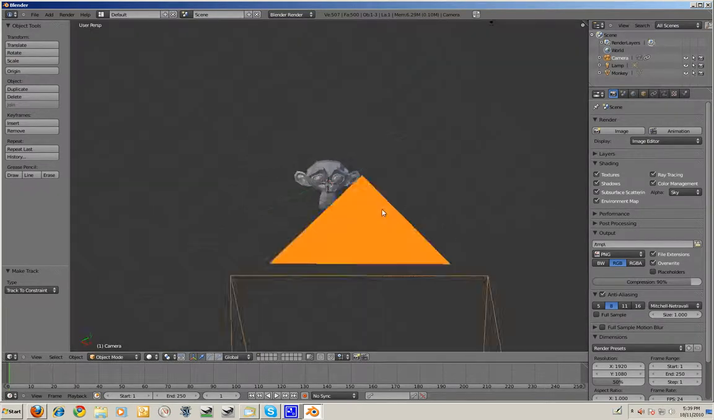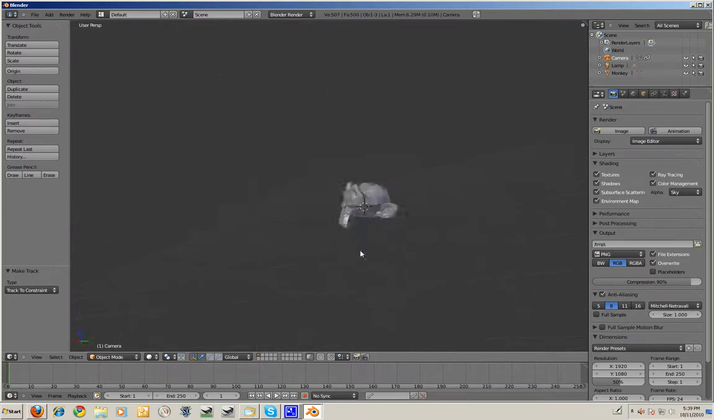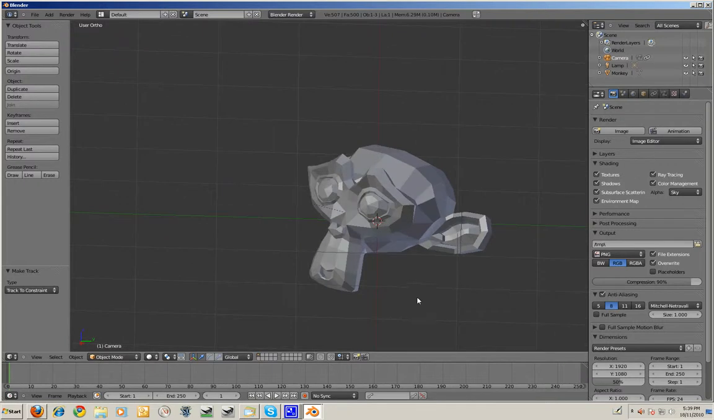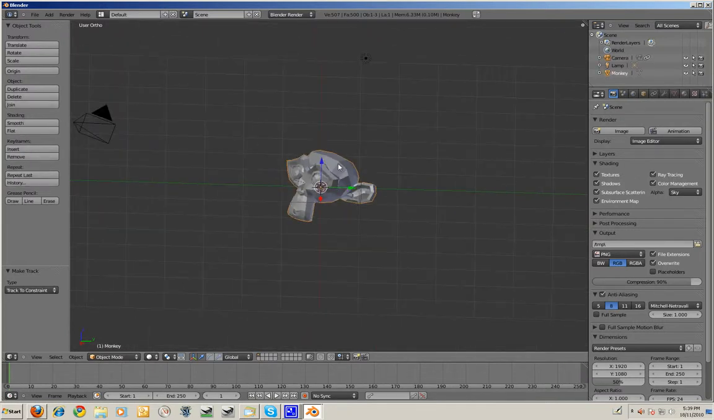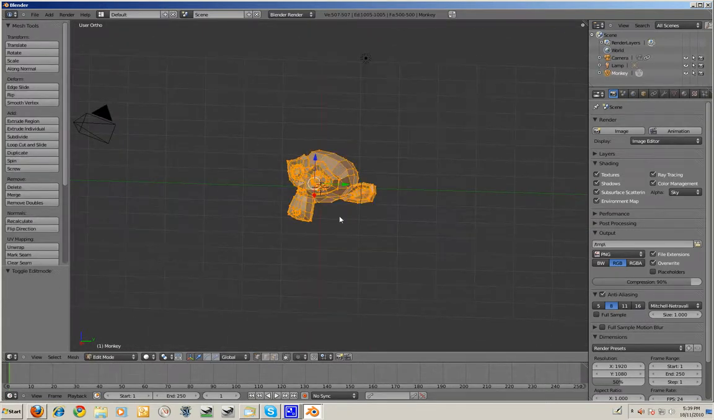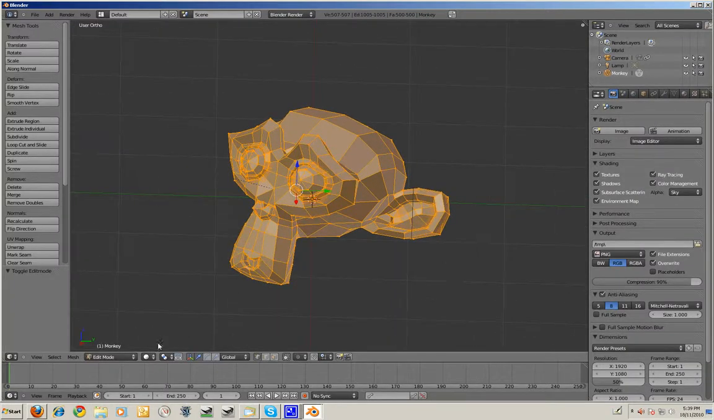So, now I want to edit the monkey. I go out of my camera view, back into orthographic with 5, and I want to right click on the monkey, press tab to go into vertex edit mode. You can also change your mode down here with this bar. Now to the monkey,